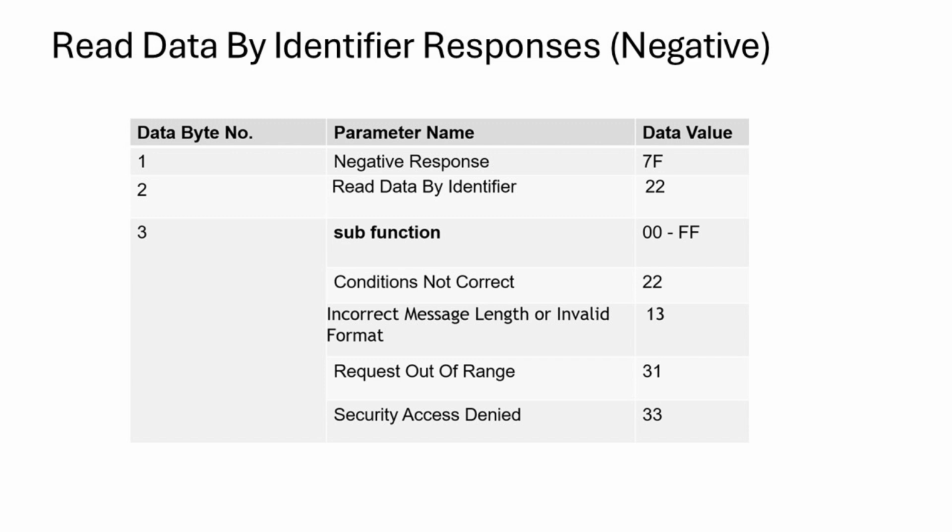One example is that you can't read some specific data in some sessions. For example, if you are going to read in default session, you can see this negative response 22 with condition not correct, because it is not implemented in the default session. And the incorrect message length or invalid format, for example, if you are requesting more values,